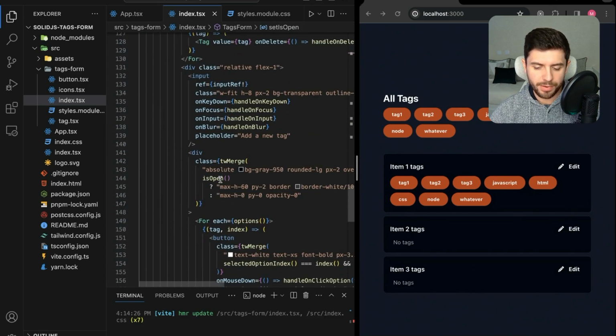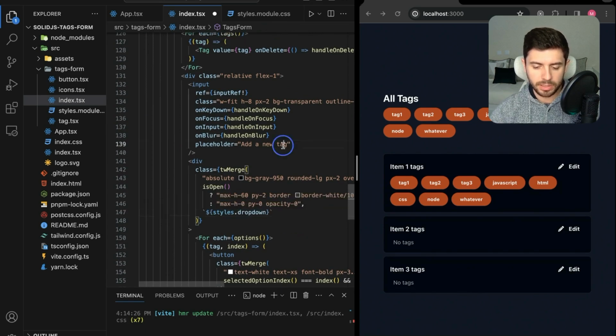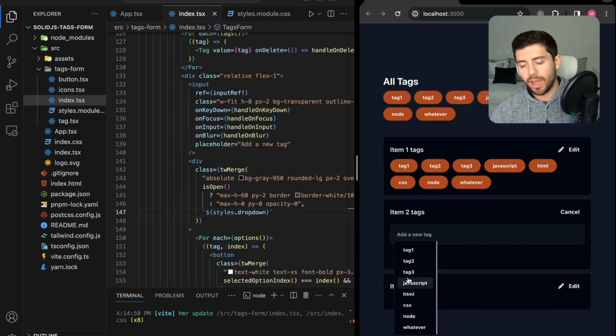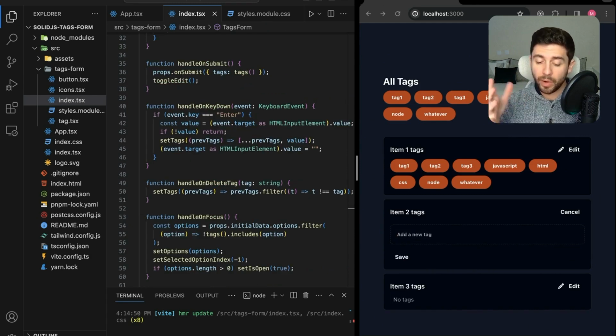So over here, we can now add a new class on the Tailwind merge, and we are going to inject the dropdown from our styles. So as you can see, we now have a much cleaner and thinner scroll bar. Now, finally, to handle the logic of clicking on the buttons to select the option, what we can do is